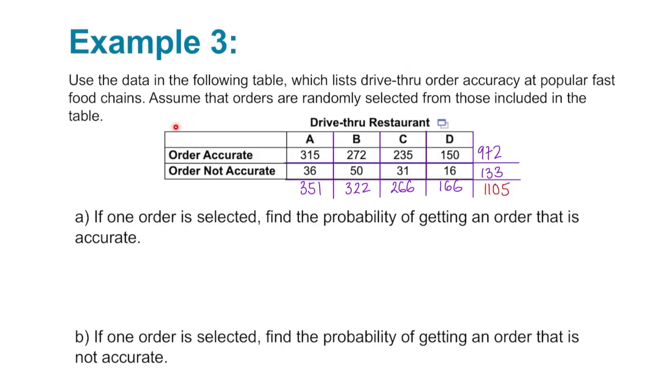Example 3. I'm given the same table. Question A. If one order is selected, find the probability of getting an order that is accurate. My event is just getting an order that is accurate. To find the probability of getting an order that is accurate, I take the total number of accurate orders divided by the grand total. And I get